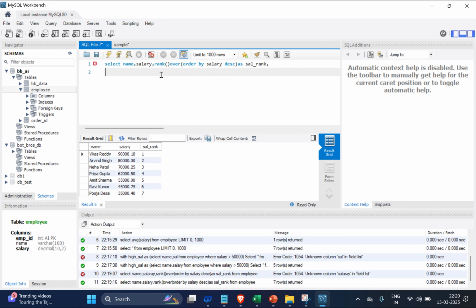Now, I'll add another column stating lag salary over. Always remember, over is the keyword. Order by salary descending, and say as prev sal from employee. So now if I run this,